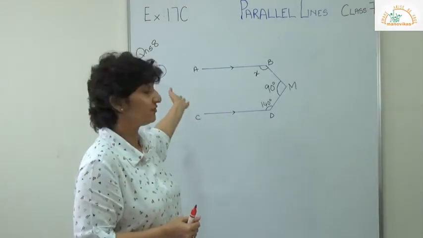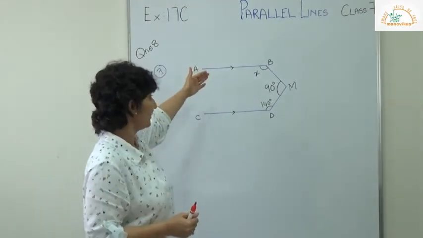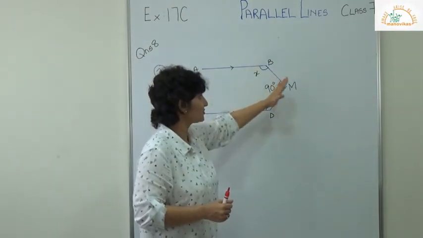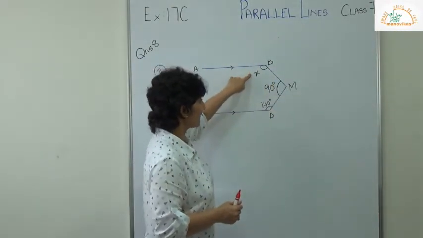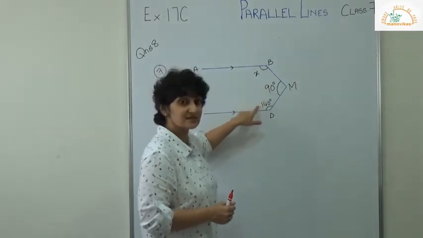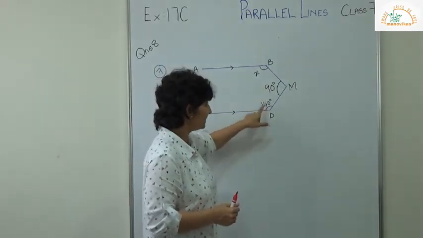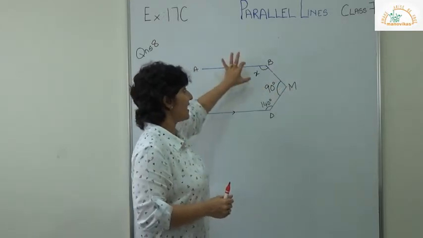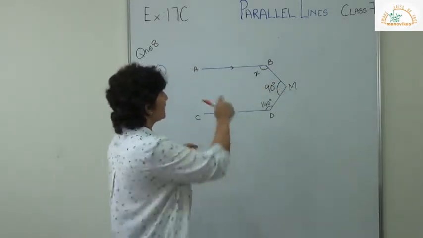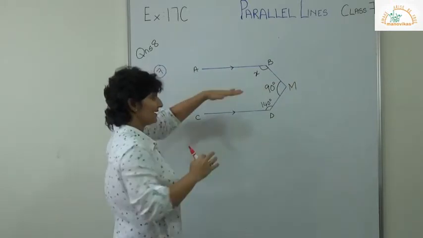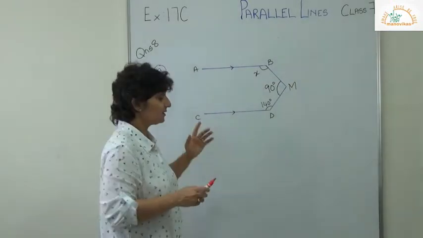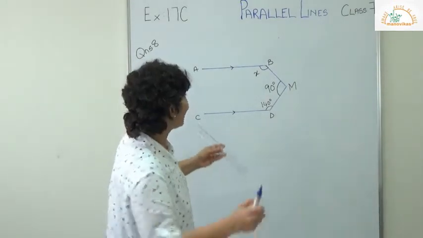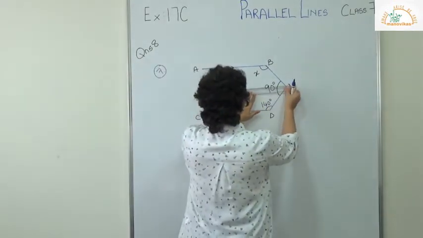Let's do sum 7 from your question 8. You already know AB is parallel to CD. Now children, when you get to see something like this, there is x, we have 90, and this is 140 degrees. Angle D is 140. N is equal to 90 degrees. And you have to find out x. Now whenever you see a shape like this, always remember that the first thing you need to do is draw a line parallel to AB.